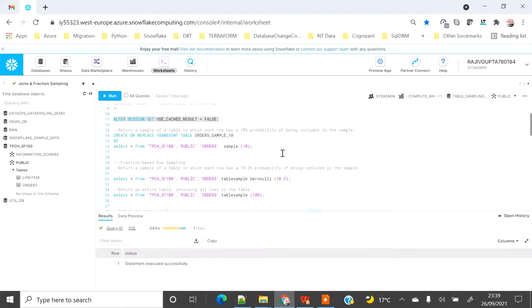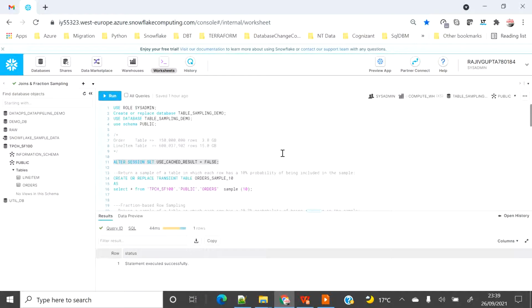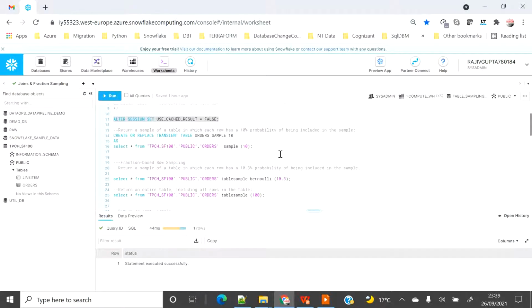The order table is 3.8 GB, out of which I am going to sample 10%. How can I do that? I can do that by using select star from the order table using sample 10. When I don't mention any seed, it's basically a 10% probability on the table.